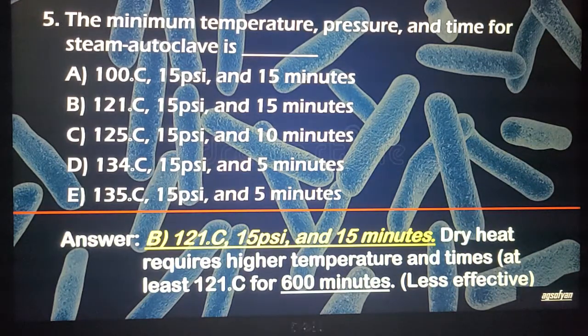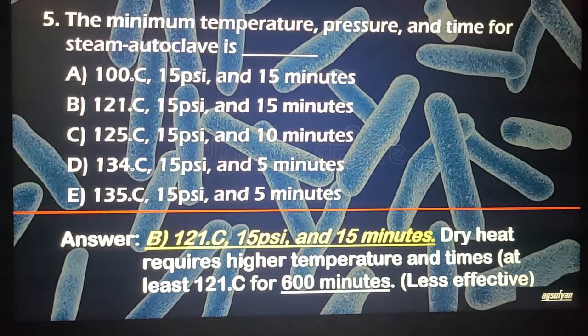Yes, the answer is B. The minimum temperature for autoclave is 121 centigrade. The minimum pressure is 15 and the minimum time is 15 minutes. So for the best result for this autoclave, then we have to use minimum of 121 centigrade temperature, 15 pressure